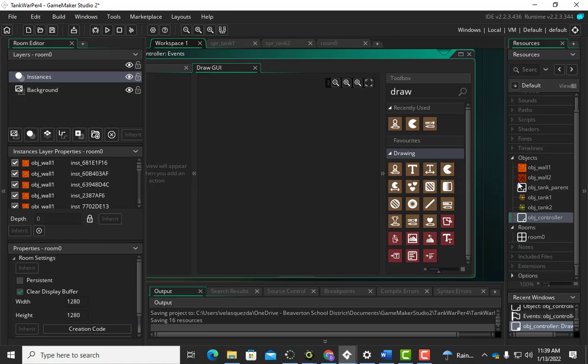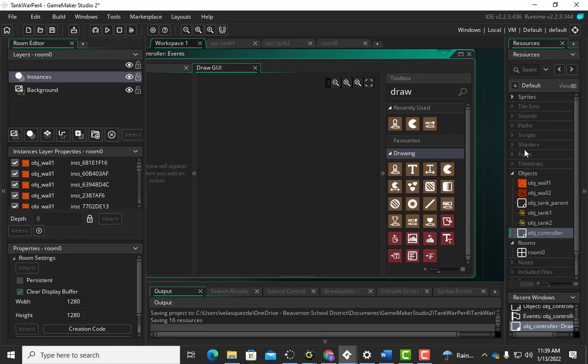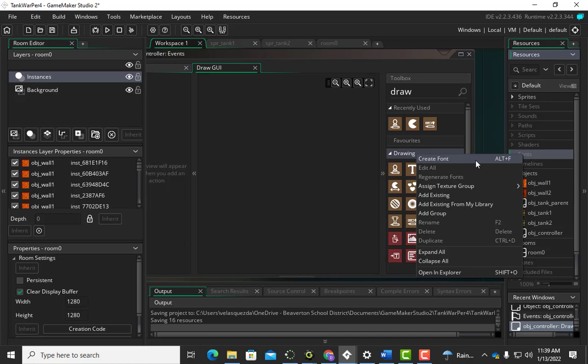We don't have a font yet. So you've got to have a font before you can draw things. So let's try that first. First we go to fonts, and we right click and say create font, or yours might be a little bit different. The user interface keeps changing. But create a font,